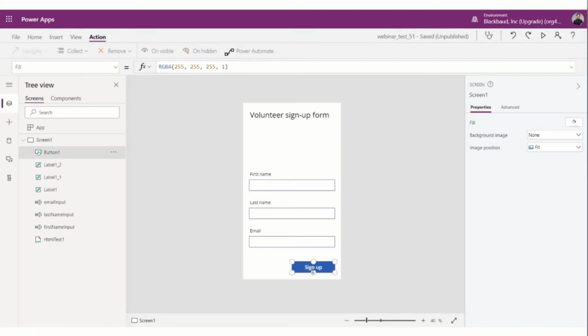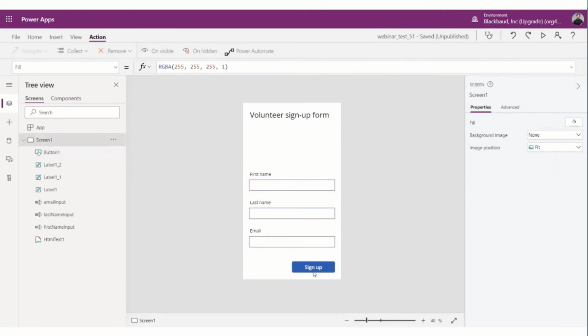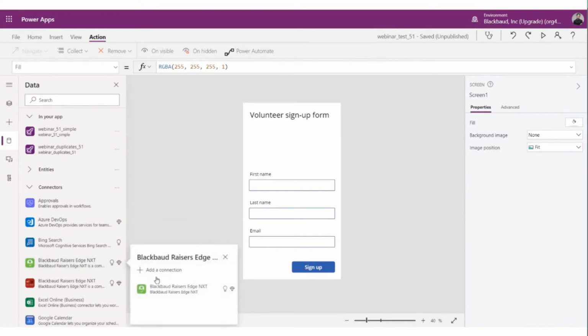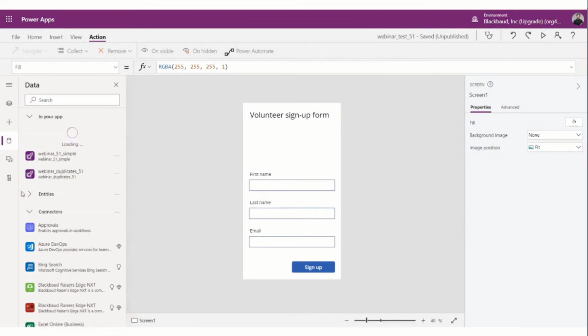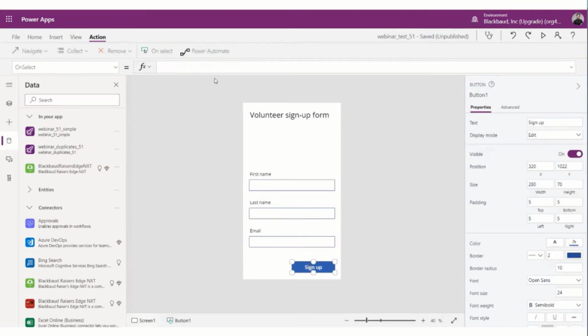So what we're going to do is remove this workflow. We don't need it anymore. Everything that's happening is going to happen within Power Apps itself. So what we need to do is connect Raiser's Edge NXT, so that we have access to the connector within Power Apps.